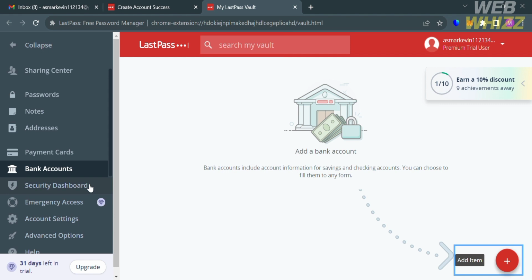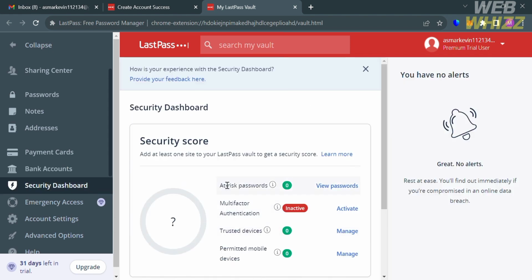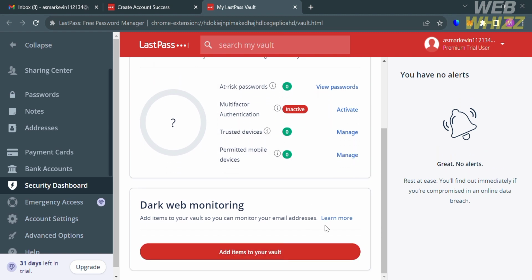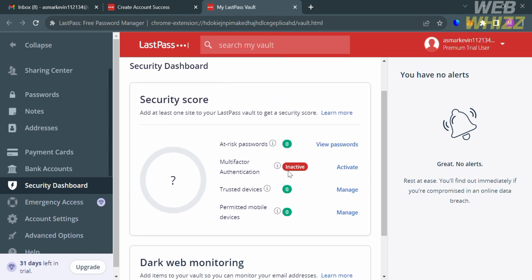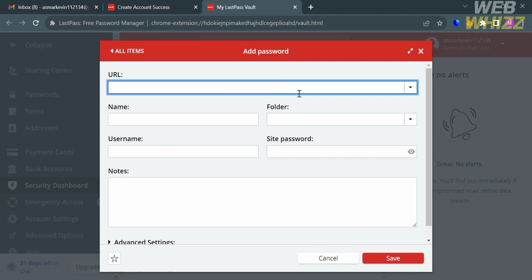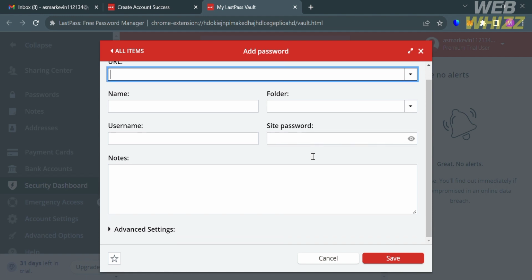And aside from that, you could also navigate the Security Dashboard, in which this feature provides users with a complete overview of the security of their online accounts and actionable steps to strengthen their online security. So basically, the purpose of it is to help users manage their digital life and accounts from one central location. And below here, if you want to add items to your vault under Dark Web Monitoring, just click this button below here and it will show you a pop-up window. And all you need to do is fill out all of the required information and